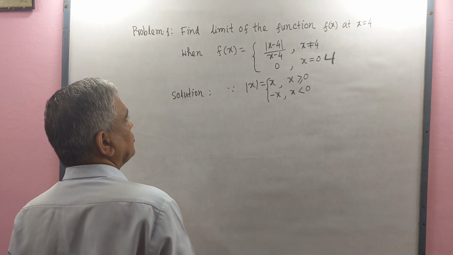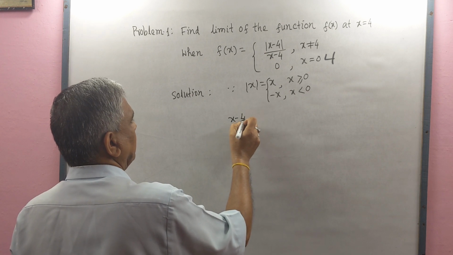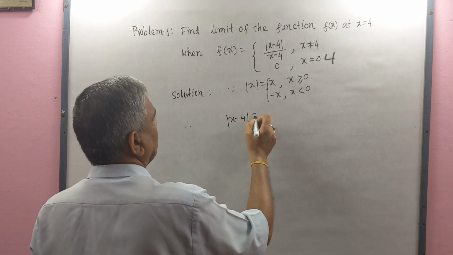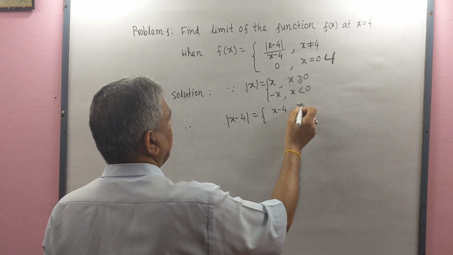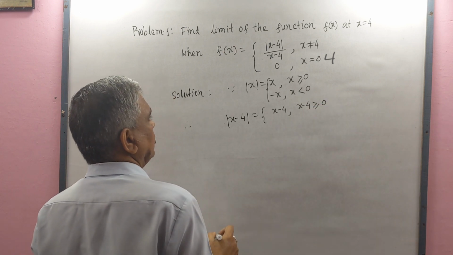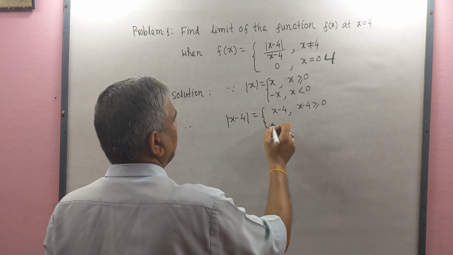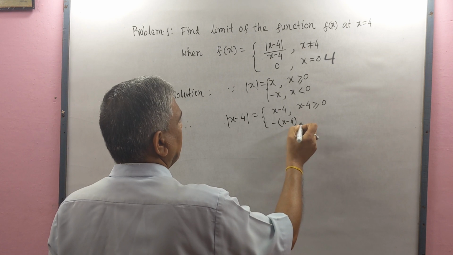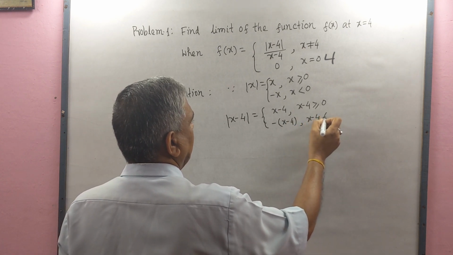So here, therefore, modulus of x minus 4 equals x minus 4 for x minus 4 greater than or equal to 0, and this will be equal to minus (x minus 4) for x minus 4 less than 0,